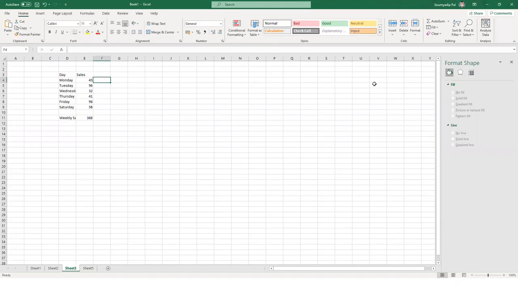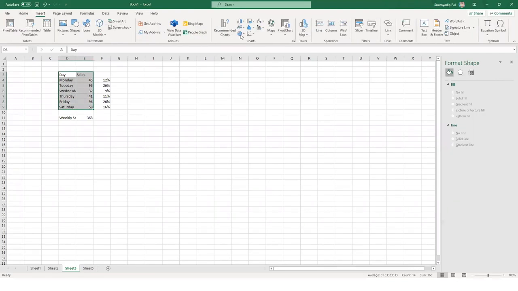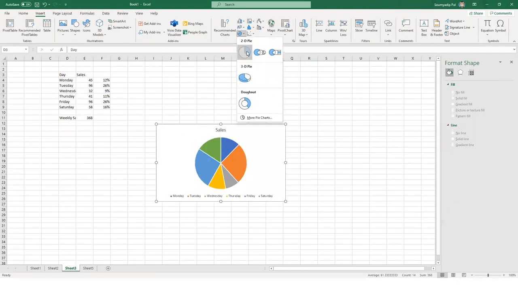Now, how do I get all of these individual values? All of the individual values will be nothing but this. Now you know the array formula also, so you can do this. So these are my individual angles. One slice will be 12 degrees, another slice will be 26, third slice will be 9, and so on. So let's just do that. Insert, go to pie, go to a 2D pie,